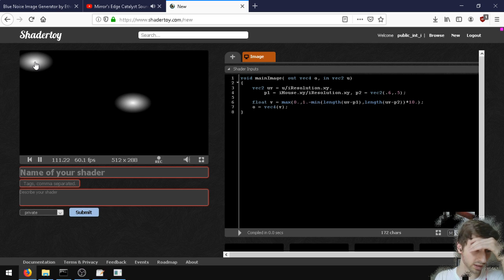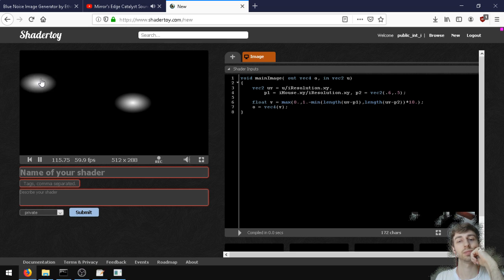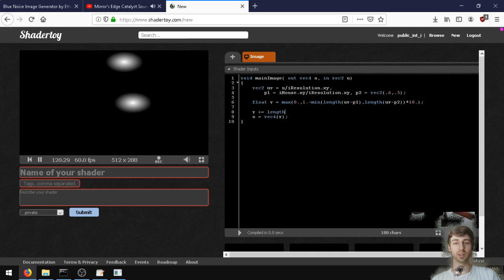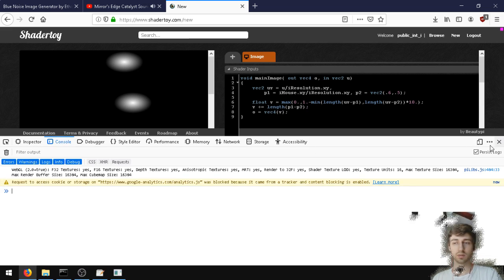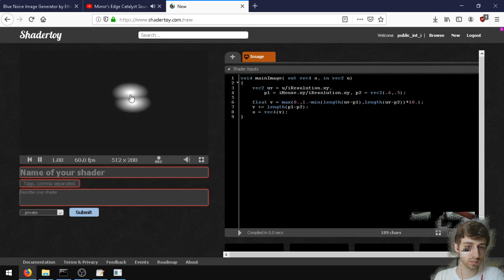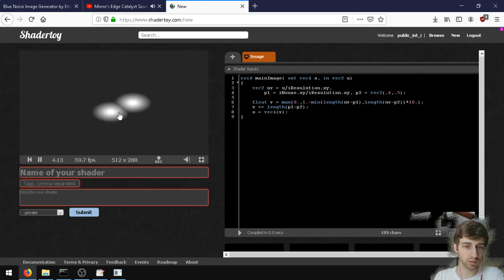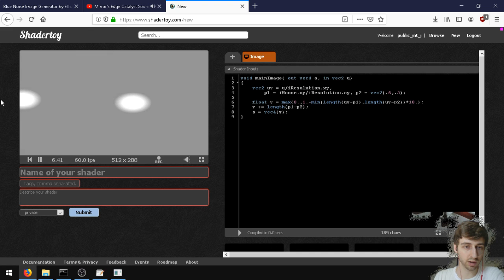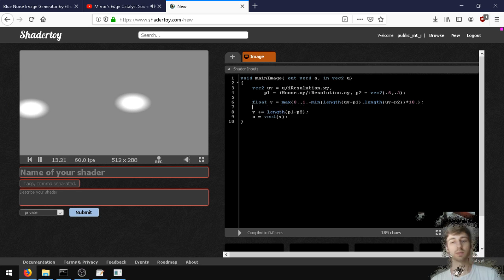How am I even going to... B plus equals length P1 minus P2. So as you drag them, they get farther apart. After a certain point, like right here, it should start getting lower again. So diff